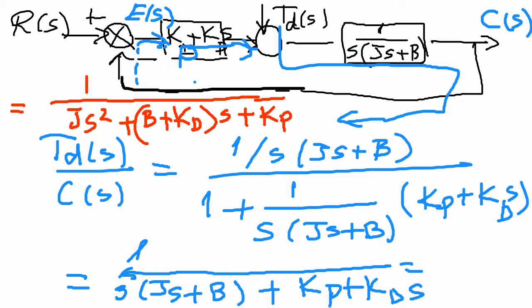You check it up. First, that one, that one is our transfer function. So for TDS, TDS over CS is equal to this. At the same time TDS over CS is equal to